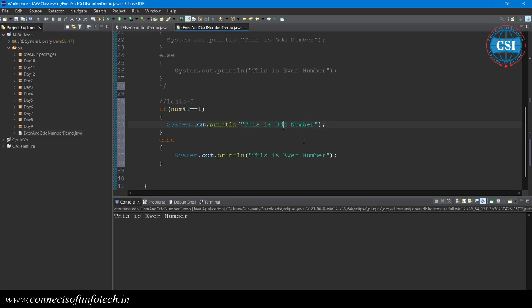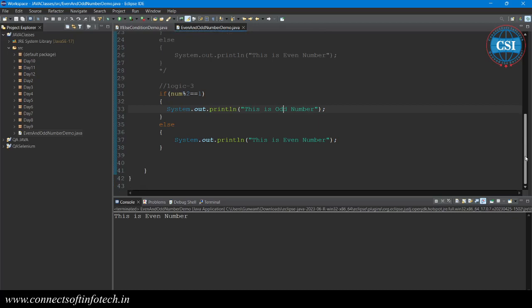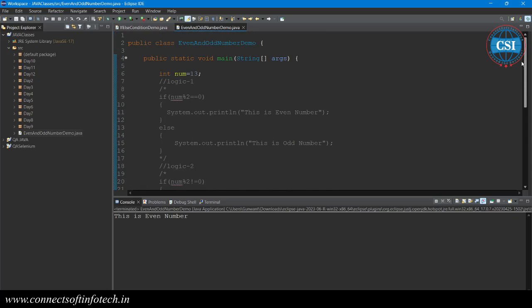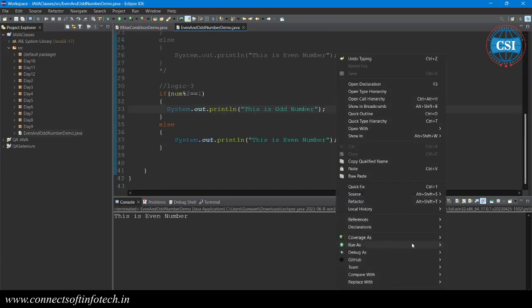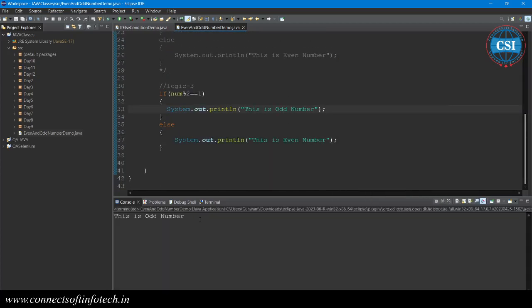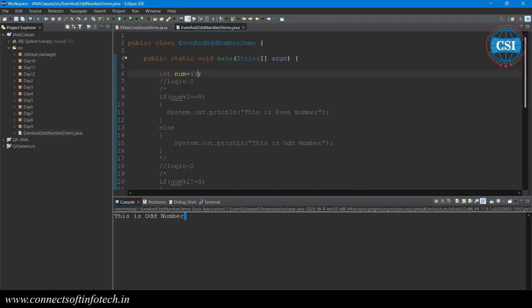And otherwise it's an even number. Now what is the value of n? It is 13. Okay, let me execute. 13 is an odd number. Correct. Then if I change it here to 14,